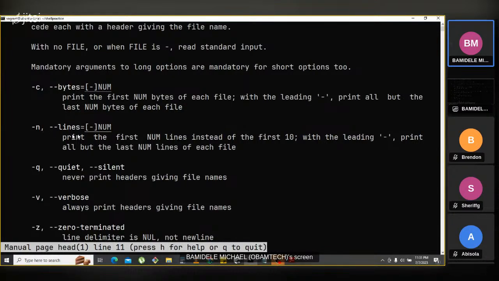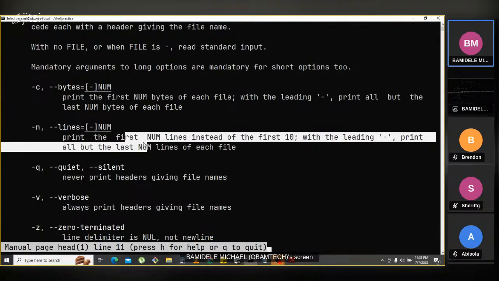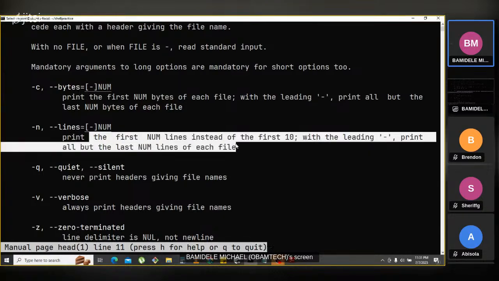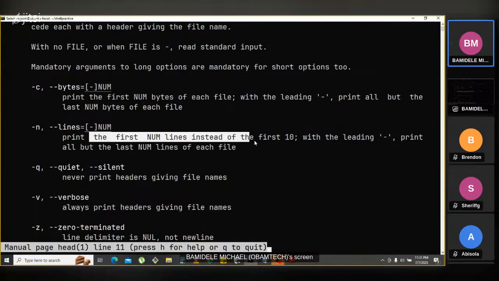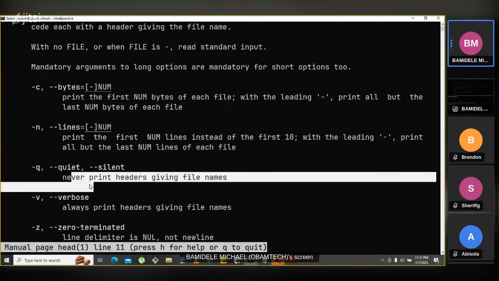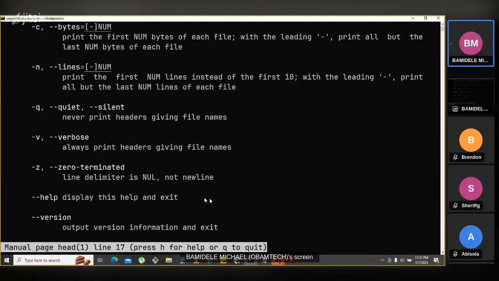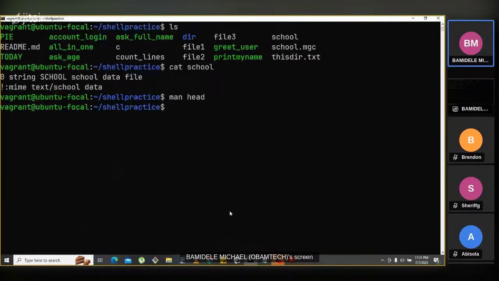It can print the first n lines, probably the first 5 lines and so on like that. We have all of this. So let's say we want to print just